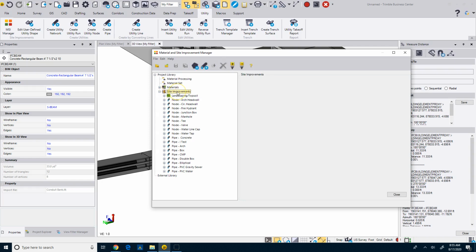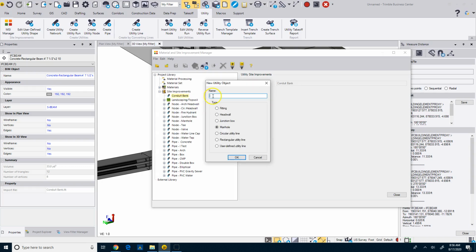I'm going to select site improvements and click on this new utility category, and I'm just going to call it Conduit Banks. Instead of breaking it out per nodes, I can put everything under this one improvement. So I'm going to right click on that and select New Utility Category Object. The first thing we'll do is call it a box bank